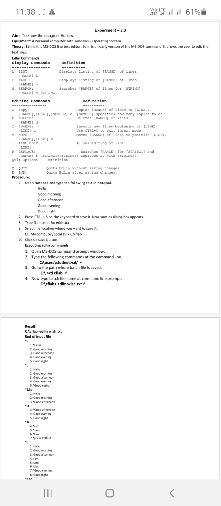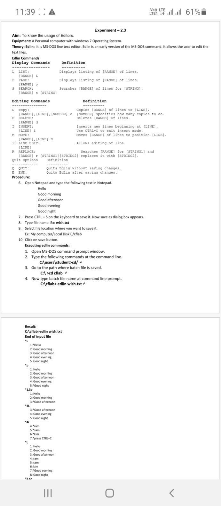Next, insert. It is denoted by the character I. First we give the line number and then type I. This inserts new lines beginning at the line number. Use Ctrl plus C to exit insert mode.